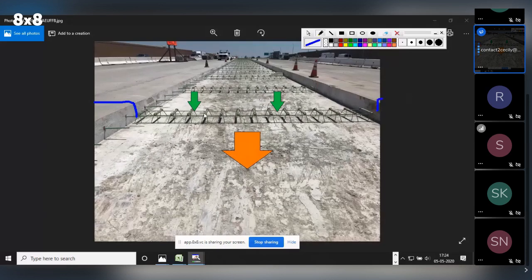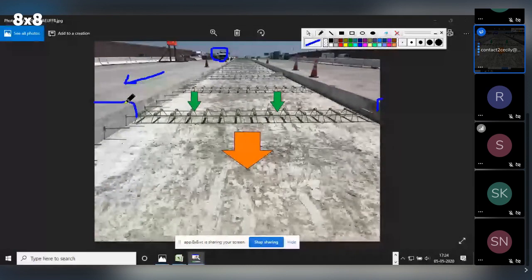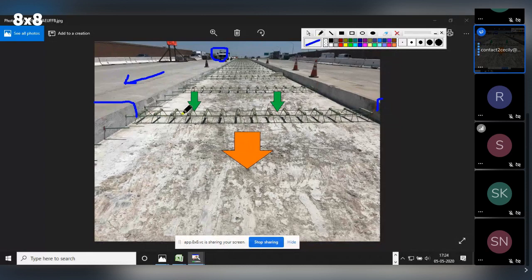See, traffic is coming from this direction. See there, at a distance one vehicle is coming. Since traffic is coming from this direction, this joint is perpendicular to the direction of the traffic, and that joint is called transverse joint. Here we are placing the reinforcement, and the bars on the transverse joint are the dowel bars. Here one slab ends, another slab will start. We have to cast it, then another slab will be provided here. And this is your direction of the traffic.